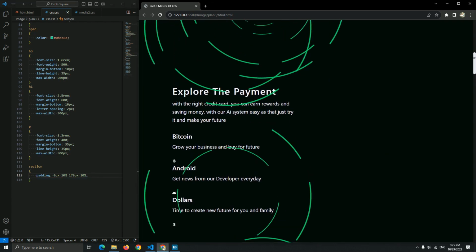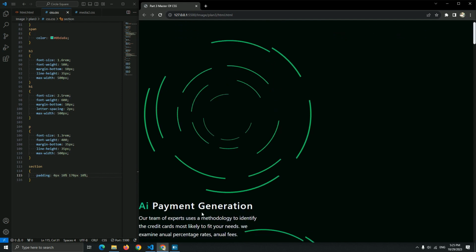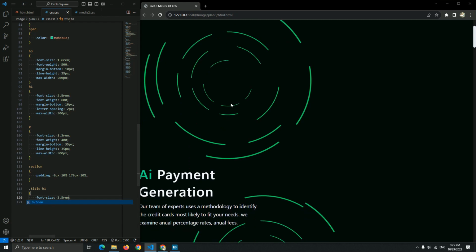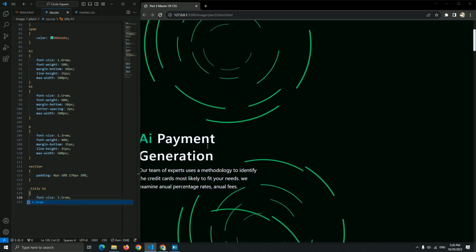Okay, now let's go to this title and this title description to add the custom font size for it. So for title H1, let me add the title H1 instead of title description. And let me add the font size 3.5 rem. Okay, this size I think is good. Yep, everything is good.